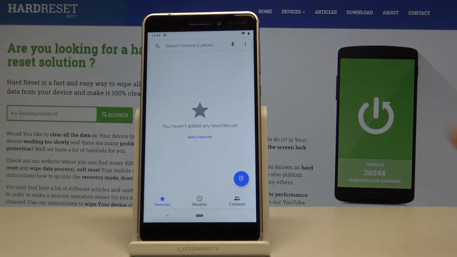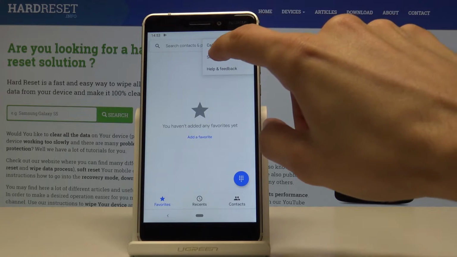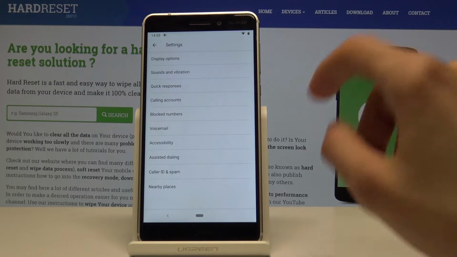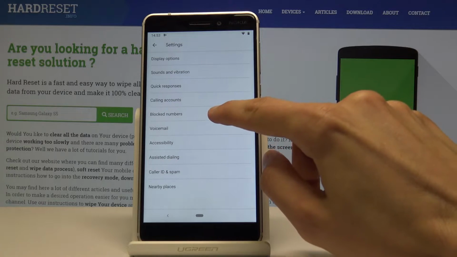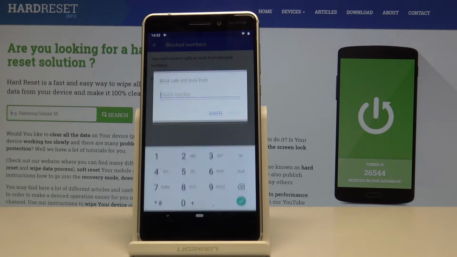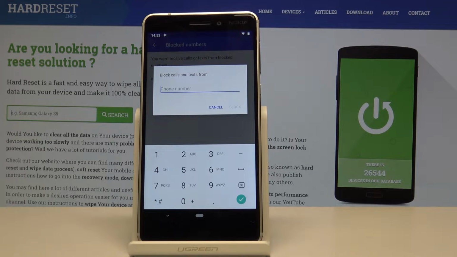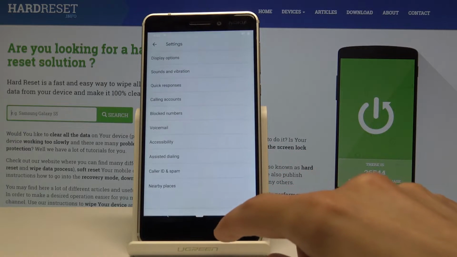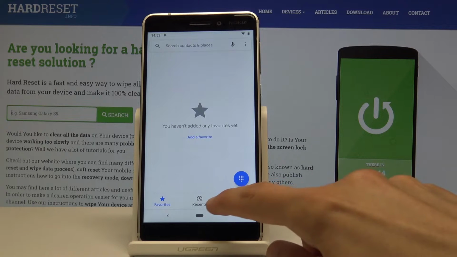And from here you can tap on the three dots up in the right corner and tap on settings, and you will see blocked numbers. You can check what numbers are blocked and tap on add a number if you know what number you want to block, or you can also do it if you have it, if the number reached you, tried to